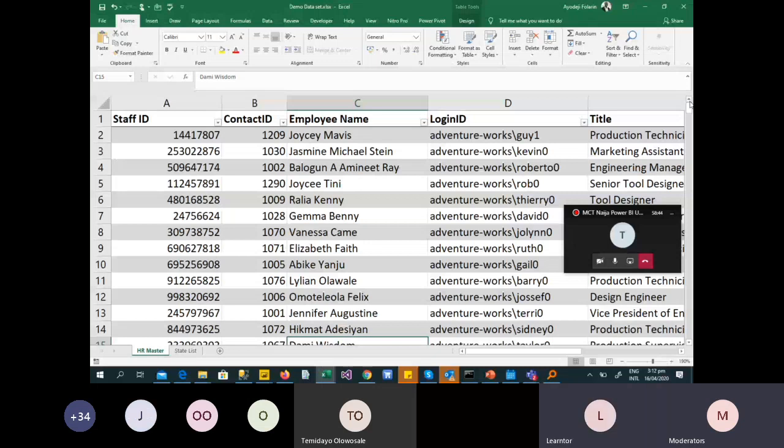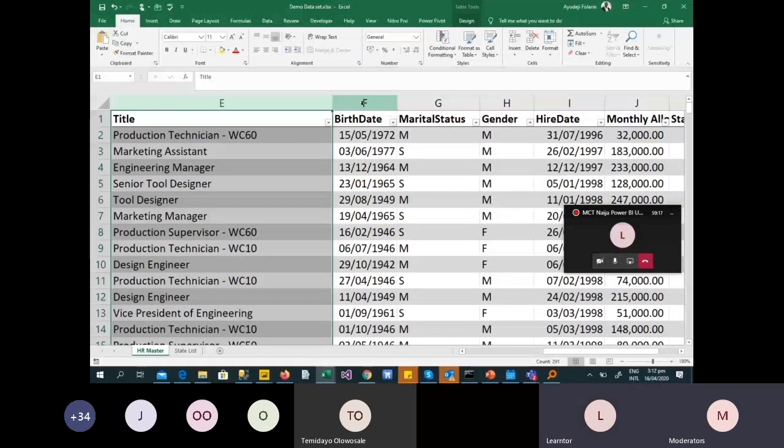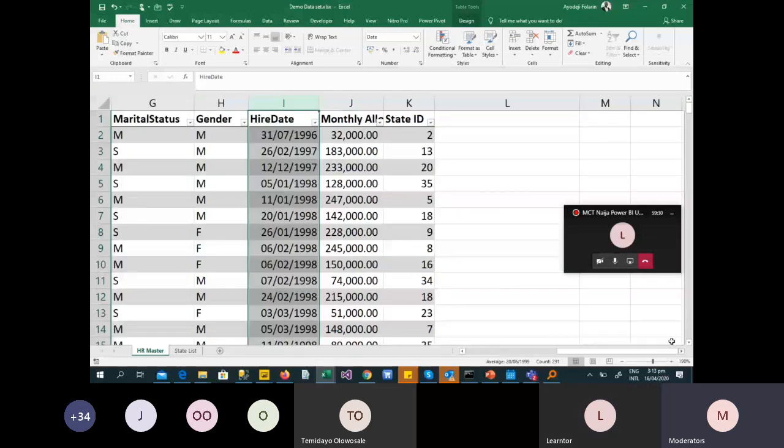The next column is title. That is the job title. We have a column for birth date, marital status, gender, hired date, and I think two more columns. One is monthly allowance given to the staff, and the last column is the state ID. This state ID, state 2, I may not know the meaning of state 2, but let's come to the second